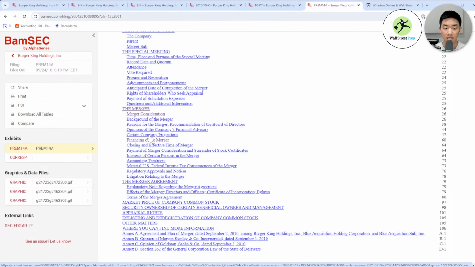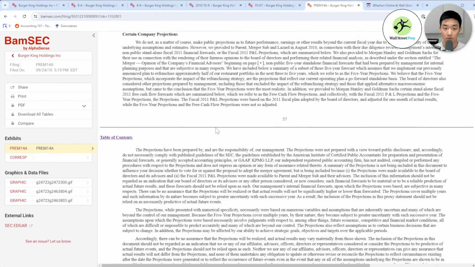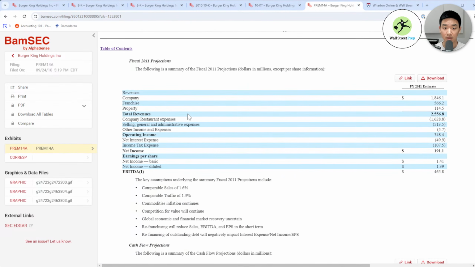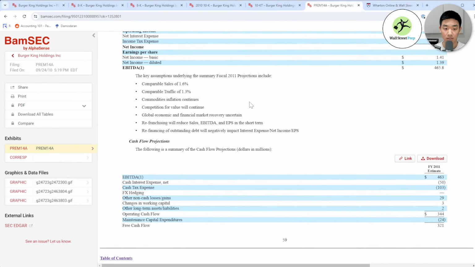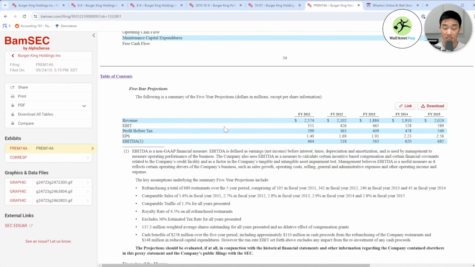If you look here, there's this line that says certain company projections. If you go down a bit, you can see a summary of the five-year projections that the company actually thought it would hit. Normally, getting management projections for any company is impossible unless you're an equity research analyst or a hedge fund analyst.